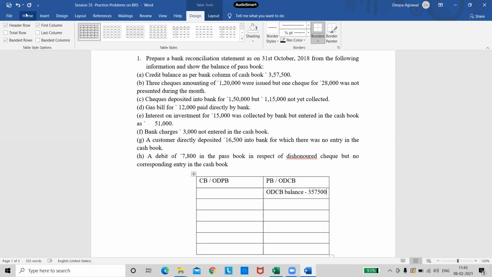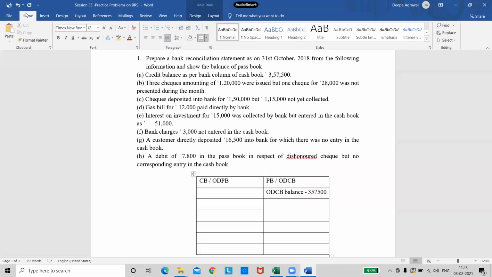So that means we need to do all the calculations according to the first column. And remember, we are starting with cash book balance. So the final answer which we get will be the passbook balance. Second important thing, we are starting with an overdraft balance. So we know the final answer would be cash book balance. But if we get a positive answer, the answer would be overdraft as per passbook. If we get a negative answer, the answer would be called as normal balance as per passbook. Right? So now we'll do all the calculations according to the first column. So I will write every calculation in the column number 1.